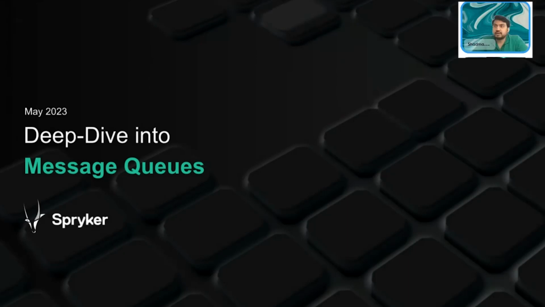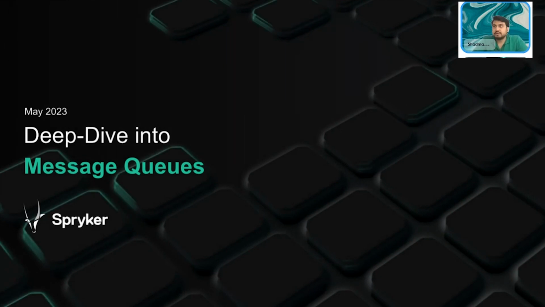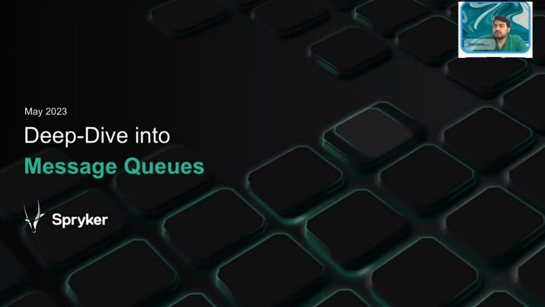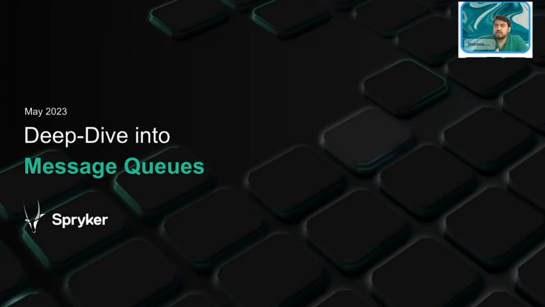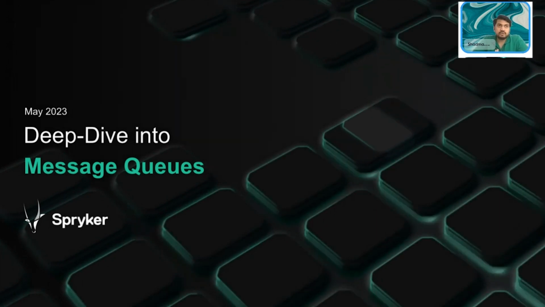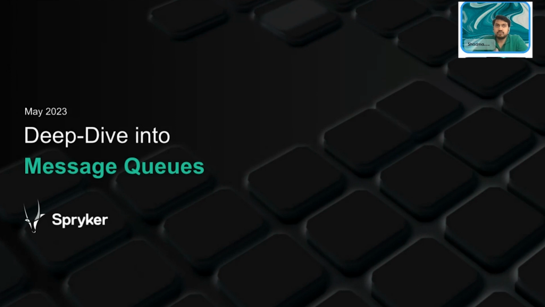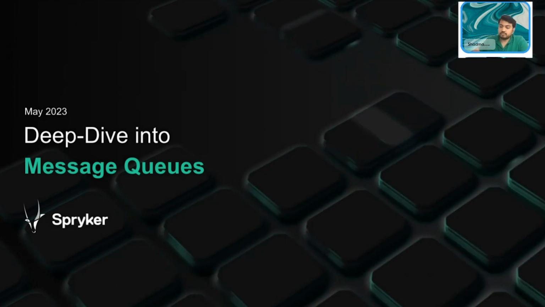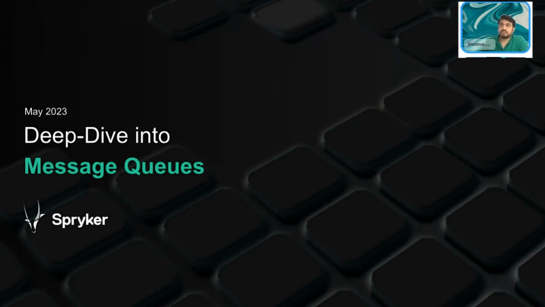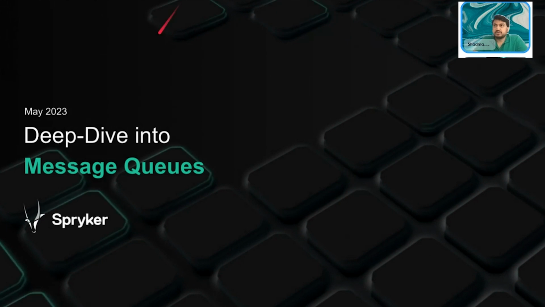All right. So our topic is a deep dive into message queues in Spryker. I believe everyone uses queues in their development, or maybe to resolve some business solutions. Queues are essential for resolving different kinds of problems, if you're facing the need to scale your application, improve your performance, or perform some complex operations inside. So